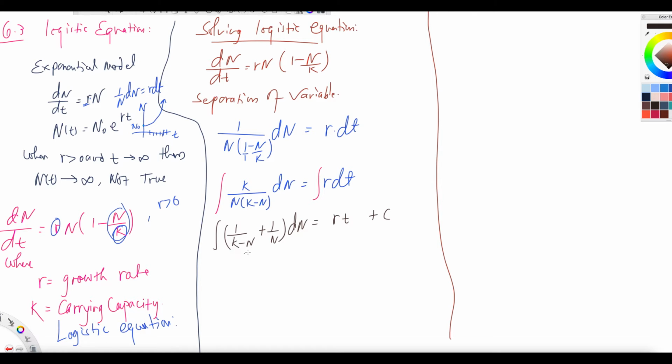Because you see that what is the derivative of k minus n with respect to n? It will be negative 1, right? But there is positive 1. So what will that be? It will be negative natural log of the absolute value of k minus n, and then plus natural log of n, okay, equals to rt plus c. Okay, if you combine that, you will get what? You will get natural log of n, right, minus natural log of k minus n, okay, equals to rt plus